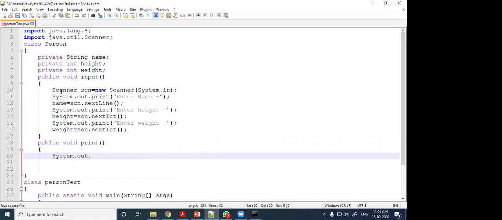System dot out dot println, name, plus the name variable, plus height, plus weight, plus.